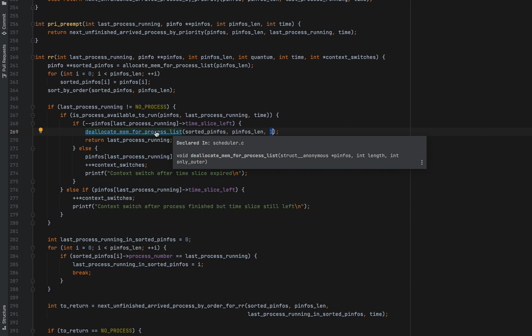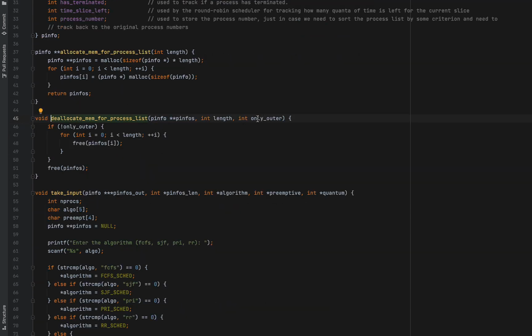So let's take a look at this deallocation function real quick. So there are two structures here. One is the outer array that stores the pointers to the structures, and the rest are all the structures that store the process information. When we send only outer, that means that it is only going to free the outer array that stores the pointer structures.